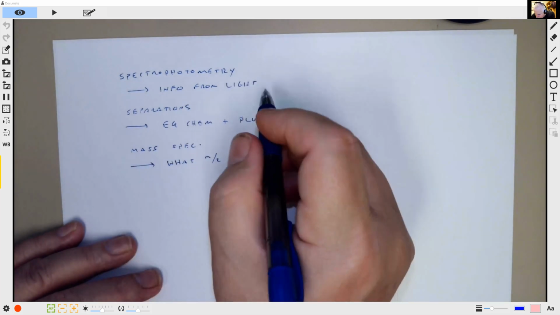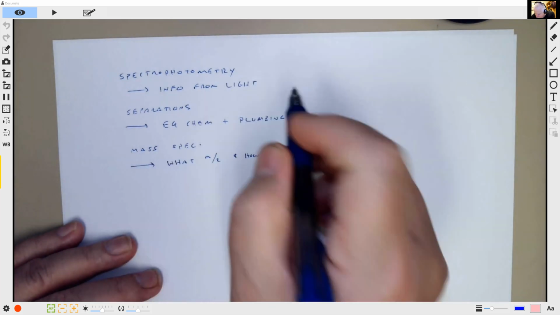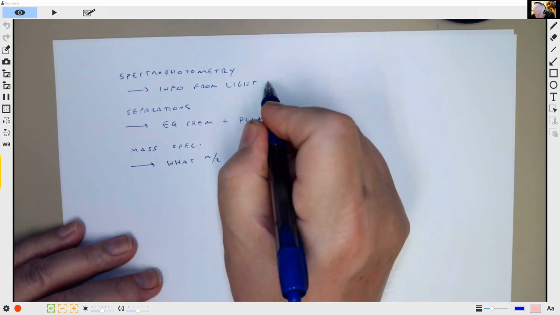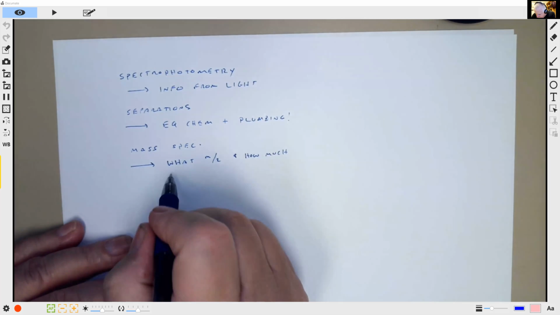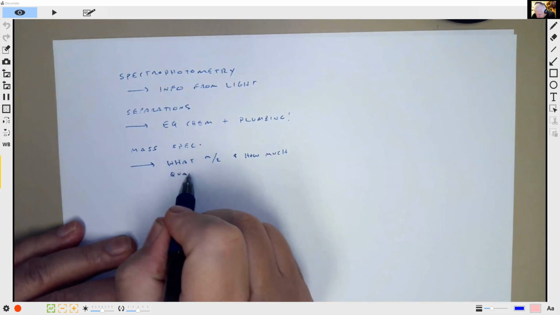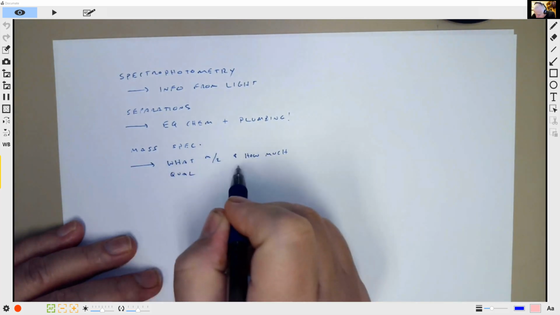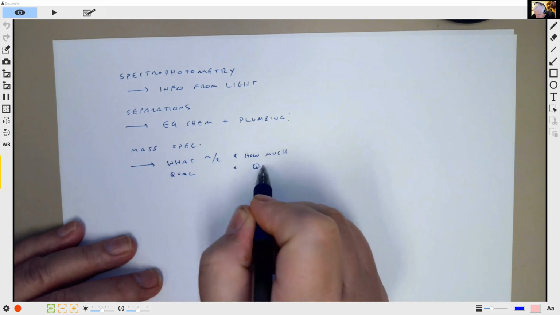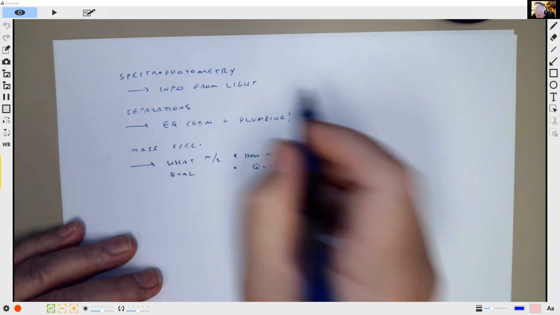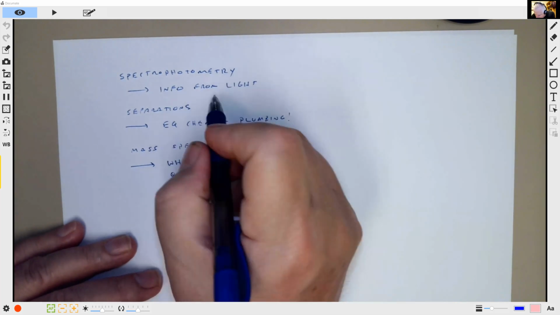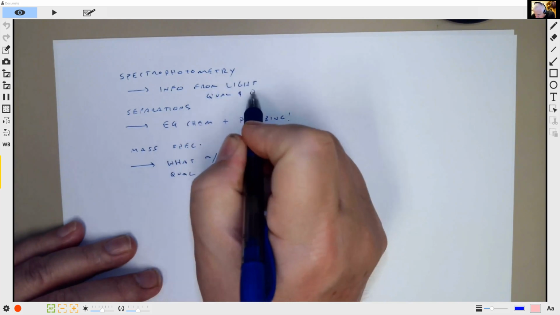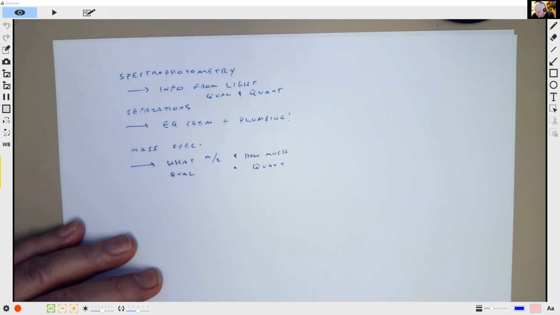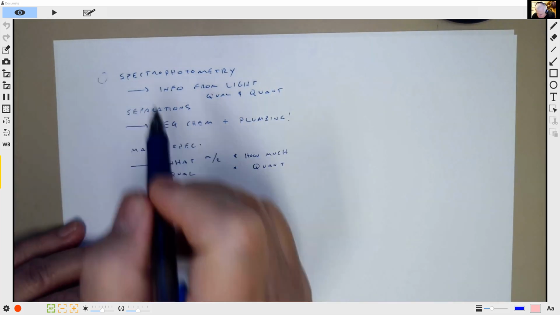In a similar sense that spectrophotometry is also quant and qualitative. So this is qual and quant, just like spectrophotometry is also qual and quant, right? So these are detection methods,